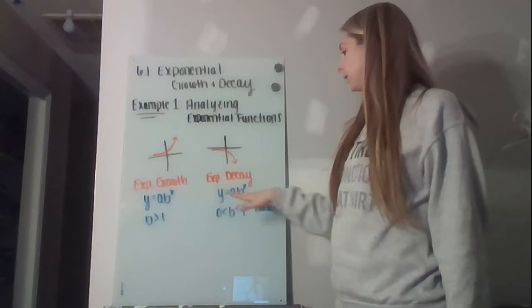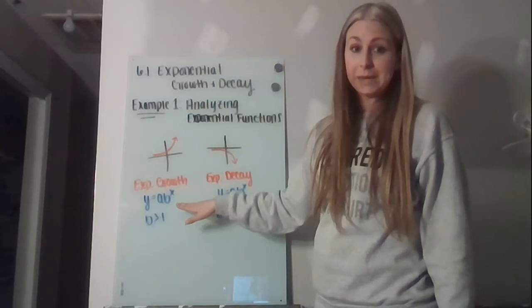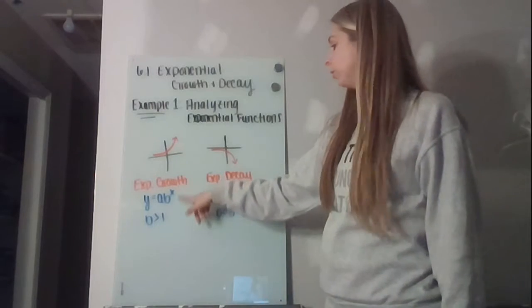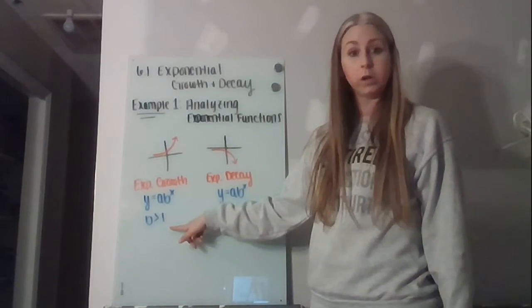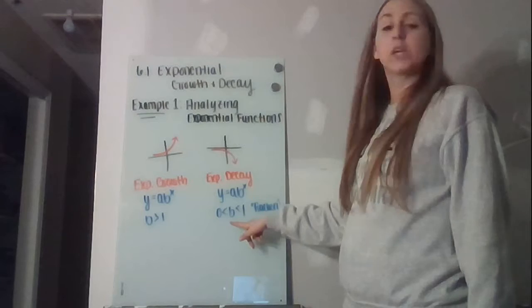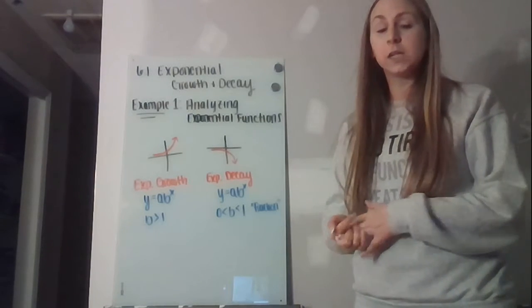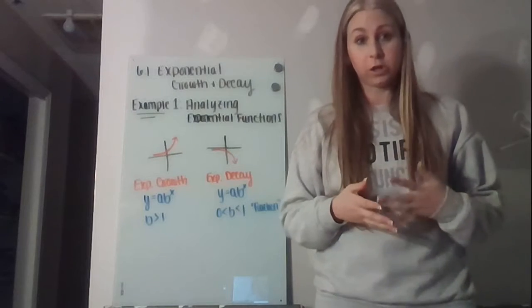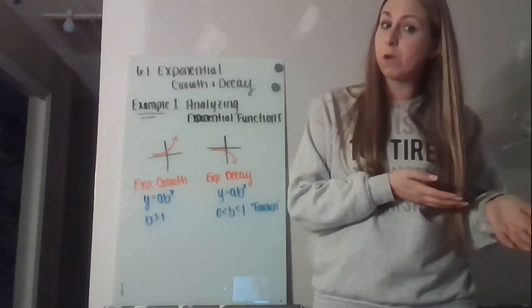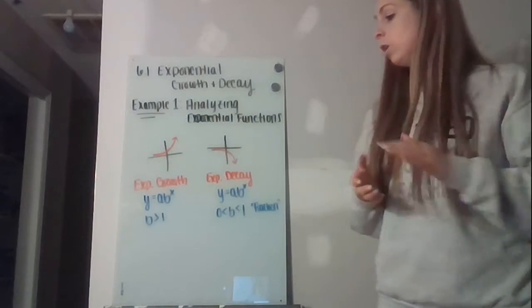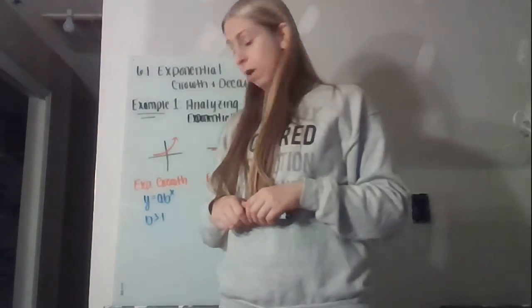So they use the same exact equation, y equals a times b to the x power, but they have different criteria, where growth, the b value has to be greater than 1, and decay, the b value has to be between 0 and 1. So a decimal, a fraction, but it's not always a decimal and fraction. If the decimal and fraction, such as an improper fraction, is greater than 1, then that's actually growth, so just be careful with that. So the first examples that we're going to do says, tell whether the function represents growth